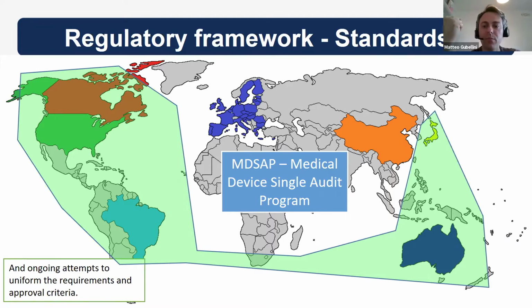So this program, that was a volunteer program and is still a volunteer program for each company, allows you to receive a single audit that covers one or more of these countries, and this audit will cover the requirements of all of them. So in a single audit, you can cover all these five countries. Okay,